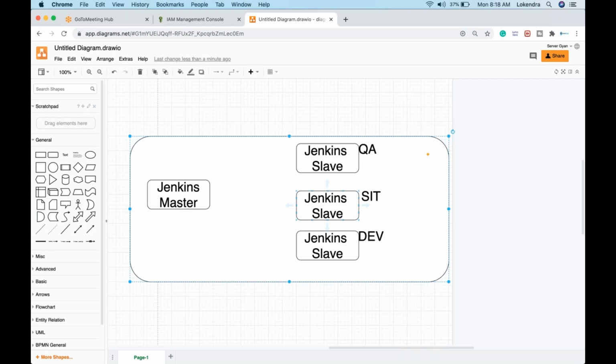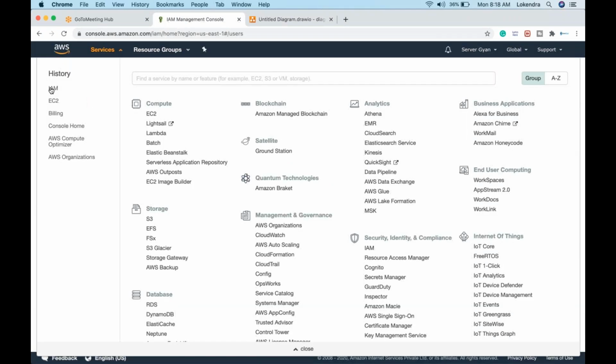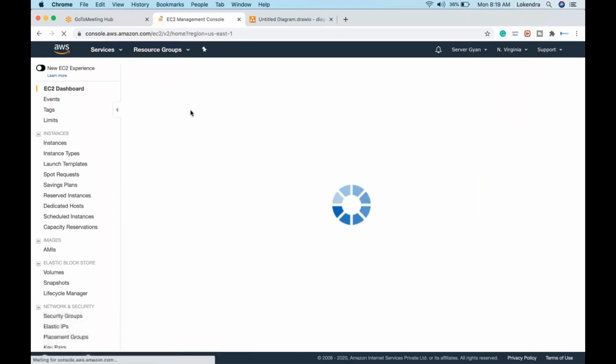Now there is one more additional interview question, guys, and the question here is that, okay, when we configure Jenkins master and slave, right? In that case, there is a requirement that I want to run a specific type of job on the Jenkins dev server, individual types of jobs on the Jenkins slave, and individual types on maybe the QA environment, right? So what I'm going to do here is create a couple of EC2 machines. Obviously, I'll create only 2. One machine will be utilized for the Jenkins master, and the second machine will be utilized for the Jenkins slave, right?